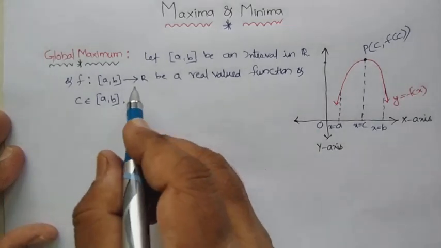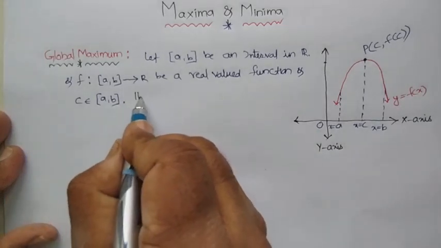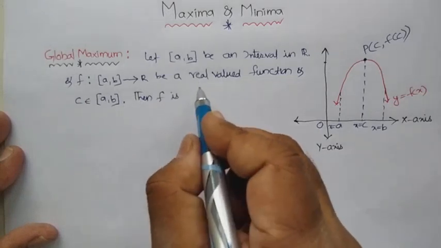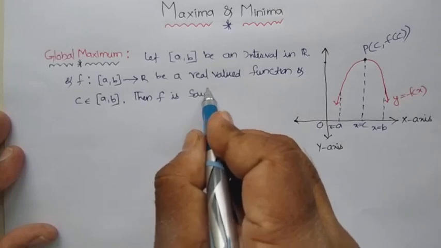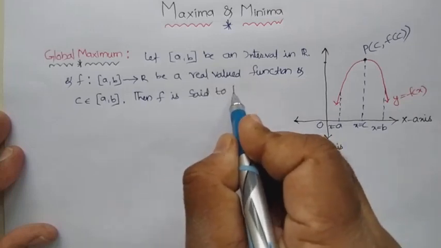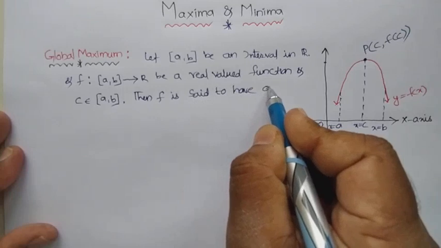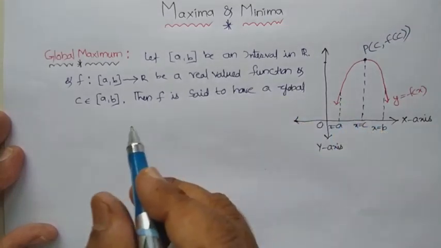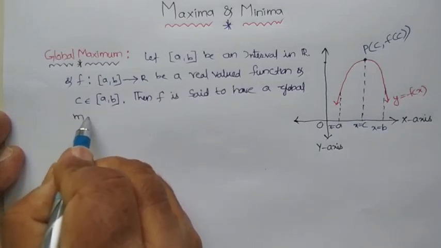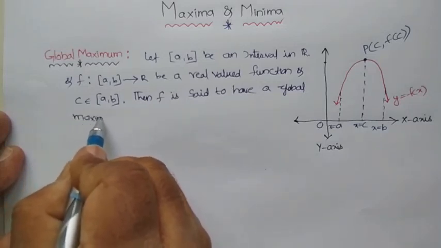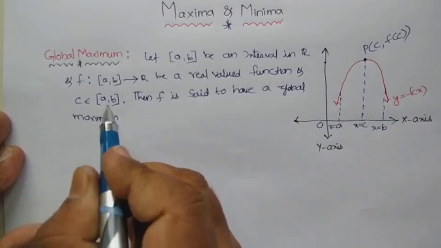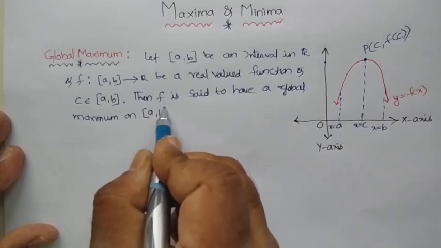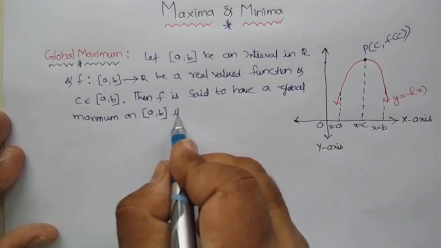Then f is said to have a global maximum on the closed interval a comma b if